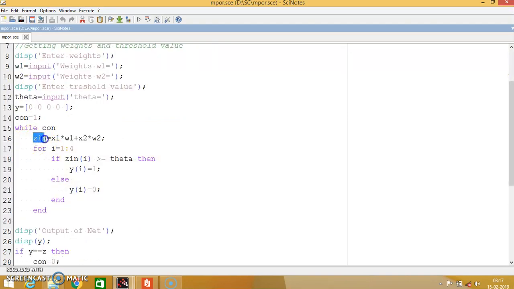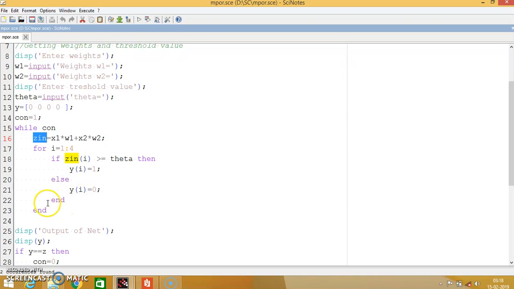So here we will get the 4 Z-ins. Then compare this Z-in, the activation value generated, and apply the activation function on it. So Z-in of i, whatever the first value is, compare this with theta. Then it generates as per the activation function rule: if it is greater than or equal to theta, then its value is 1, that is the actual output, else the value is 0.